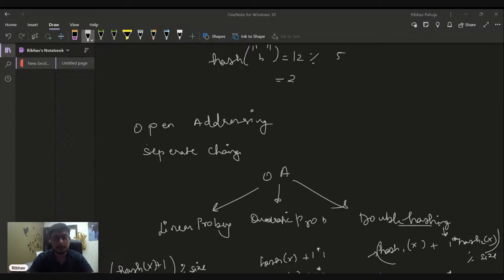For str colon map dot key set, str would be the key, and System.out.println key and System.out.println map.getKey. So this is the syntax for printing all the hash map values and keys.